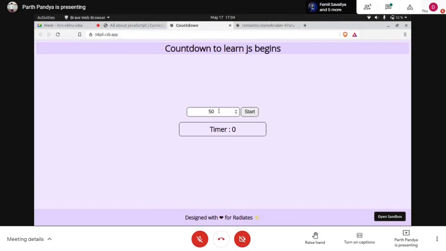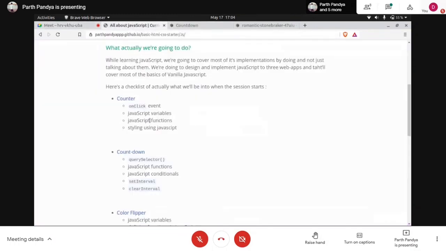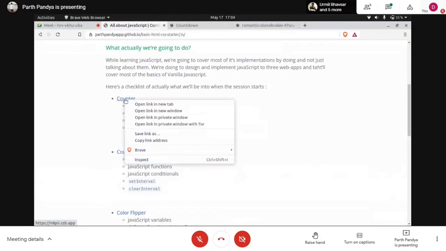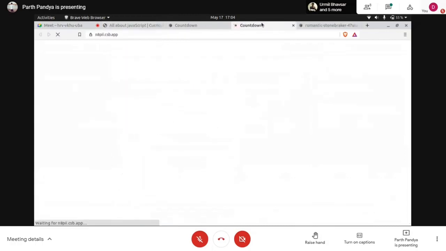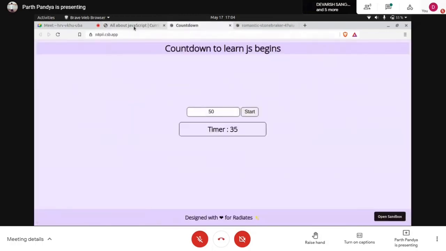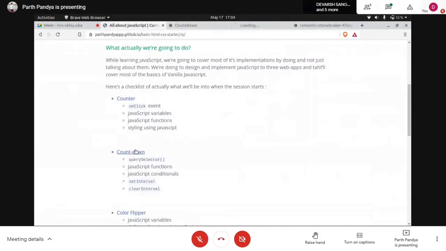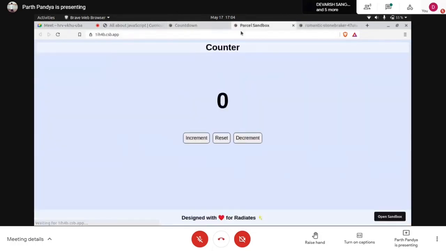Like we are typing in this HTML input, we have 50, so it will start the timer 49, 48, 47. Right. So was that countdown? It's a counter. Counter is redirecting to countdown. Okay, so first of all, we are doing this counter, not countdown.